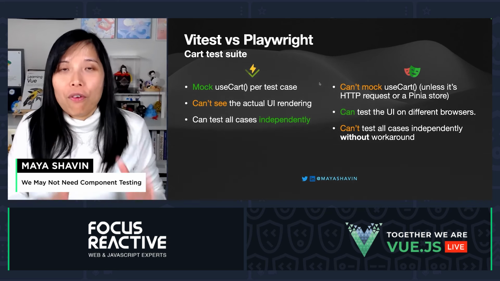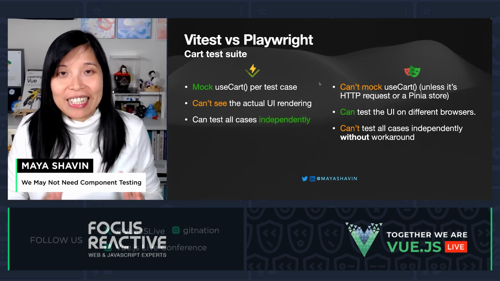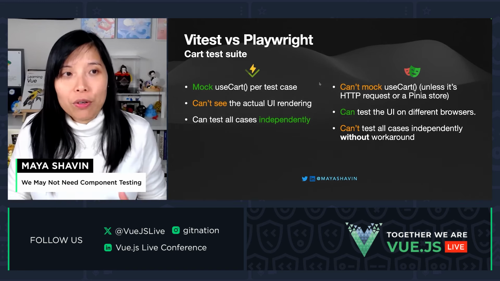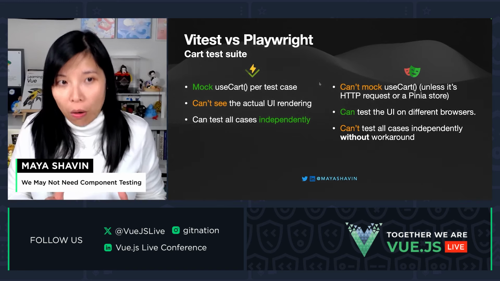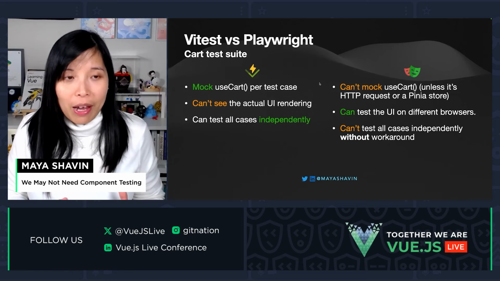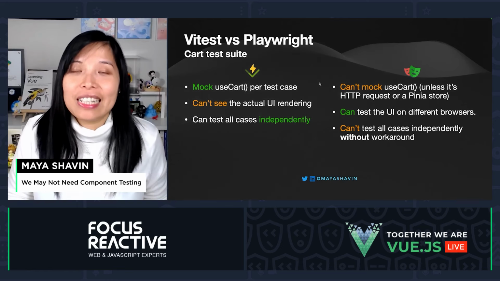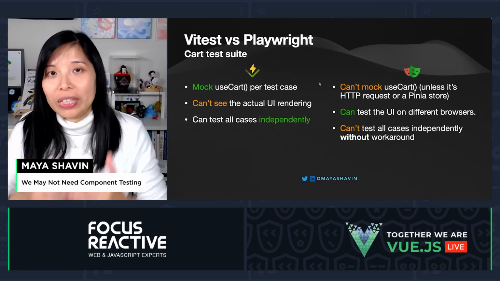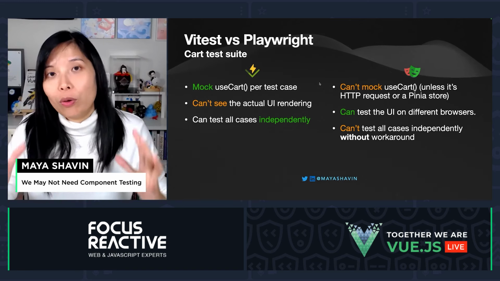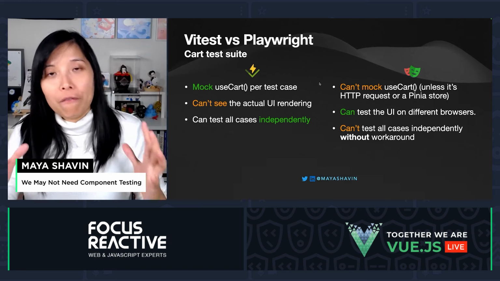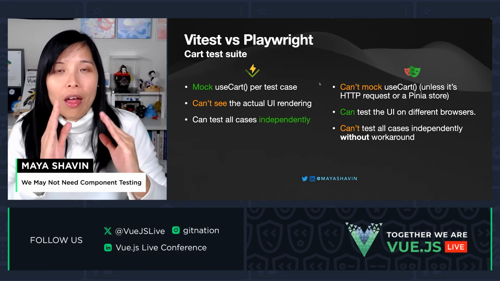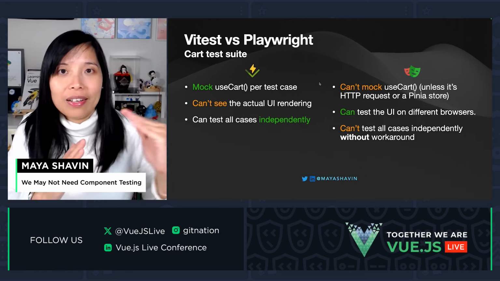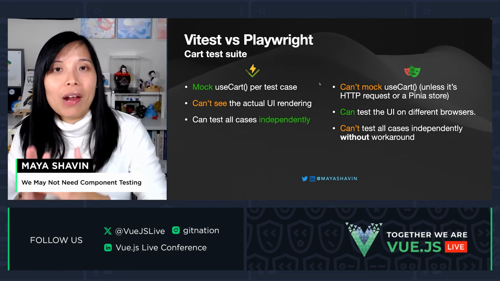So just to recap, for the cart, you can see that we have very straightforward tests on the scenarios for useCart with mocks, and we can do it independently. However, we cannot see the actual UI rendering. But with Playwright, once you run it, you will see the browser running, and you can also stop the test for debugging, and you can see how the component renders in the real browser, and whether the styling, whether the component is displayed correctly or not